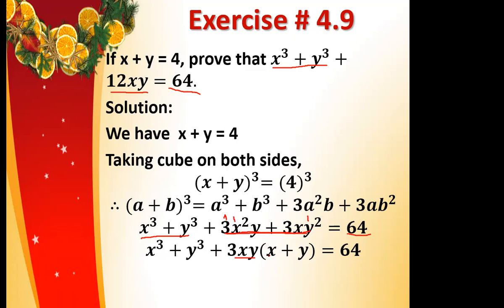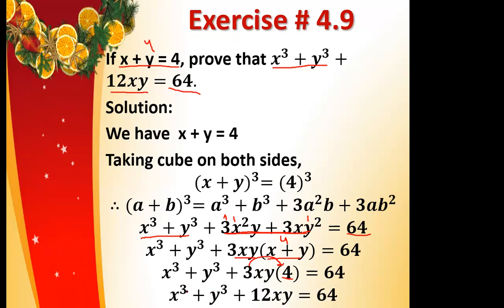After that, what you have again is this x plus y. All of you know that x plus y is equal to 4. So instead of x plus y, you will put the value of x plus y, which is 4. So instead of x plus y, you will write 4. When you multiply this 3 by 4,